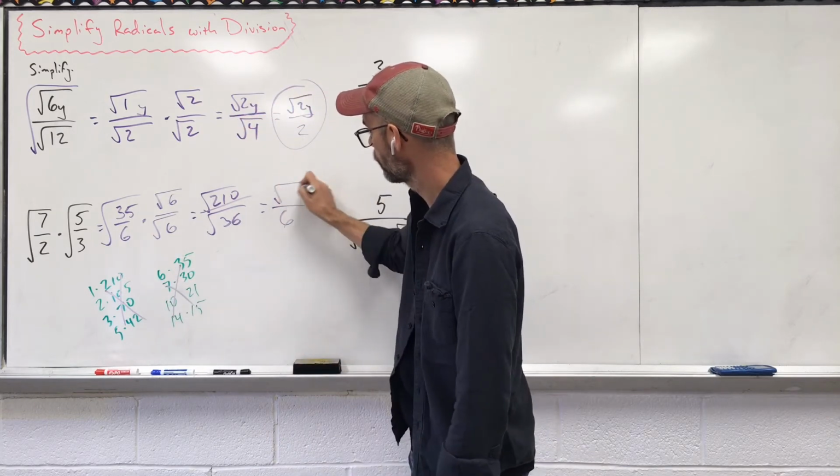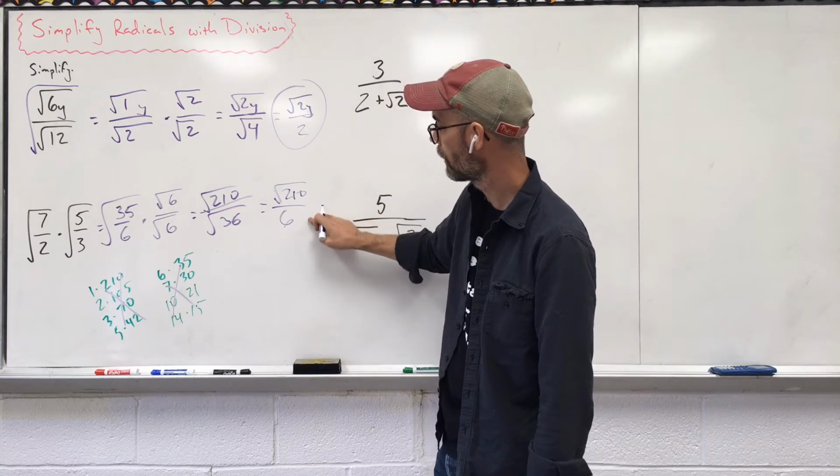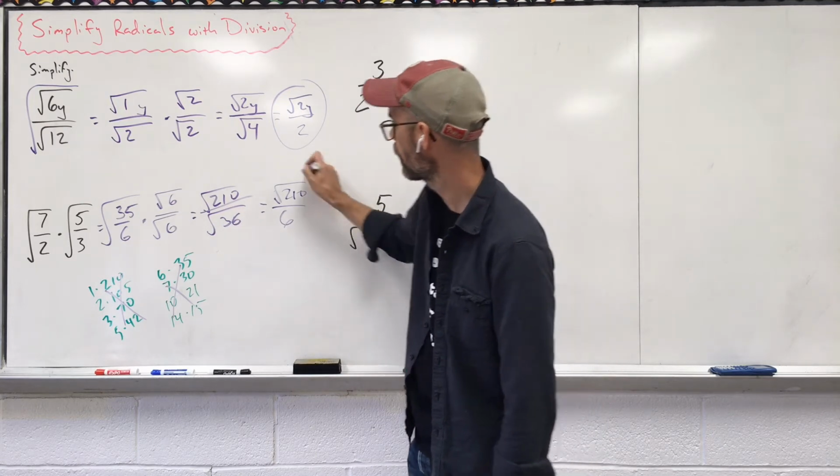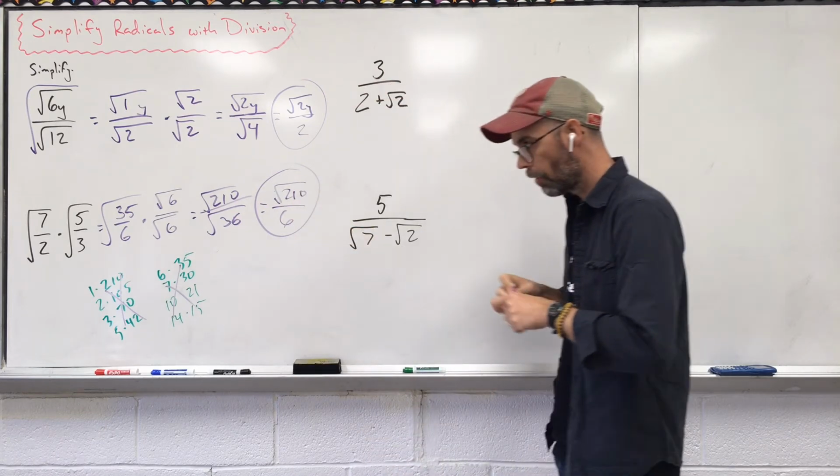Our final answer, we get that. Can we simplify 2, 10, and 6? No, one's inside the house, one's outside. You leave it. Okay, so that's when you have